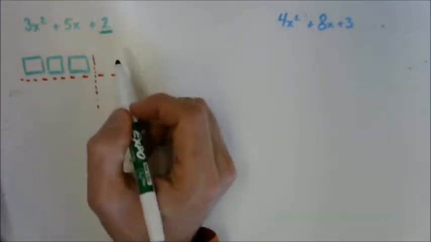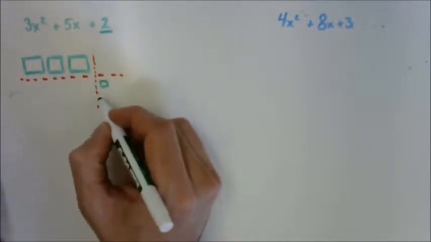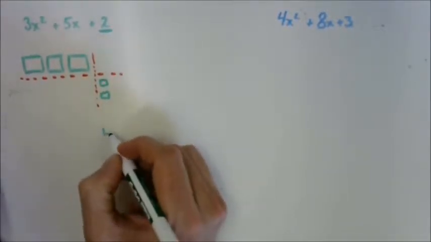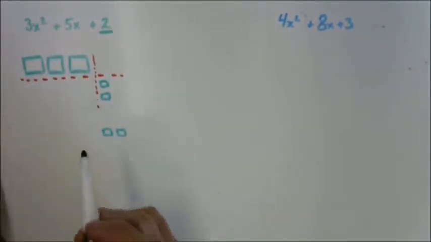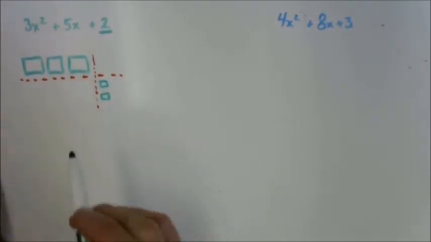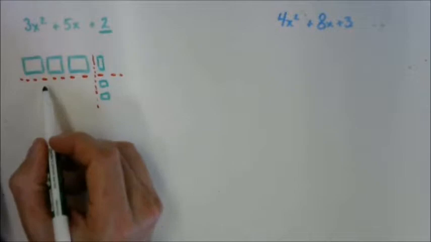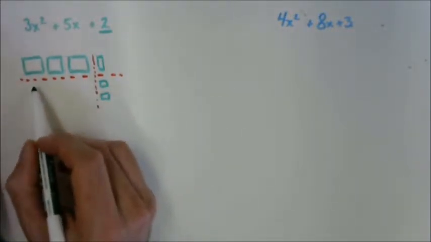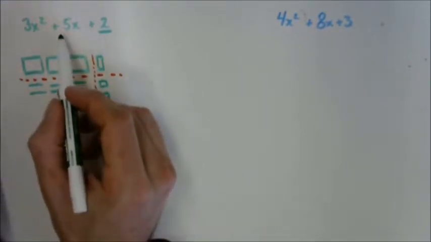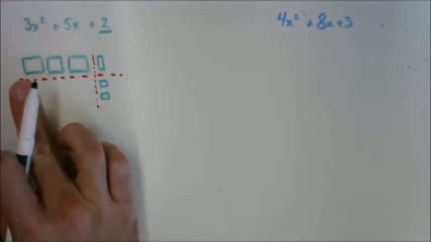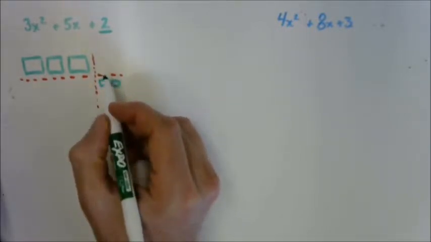Now I'm dealing with the 2 1's that are going to go in the bottom right corner, and I have 2 options for them. I can either stack them on top of each other, or I could do them beside each other. And it is important which I choose because I'll have a different number of x's each way. So let's first consider if I left it like this, I would have 1x here, and then I would have 6 x's in this box. I'd have 1, 2, 3, 4, 5, 6. And that would give me 7 x's altogether, but I only have 5 x's, so that is not what we want to do. So rather than stack them, I'm going to put them side by side